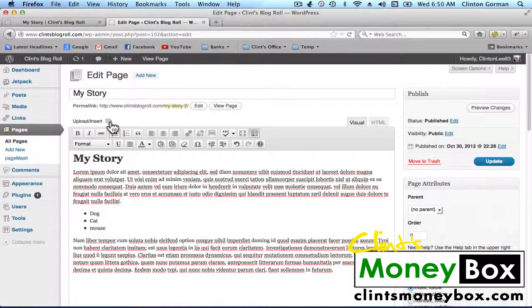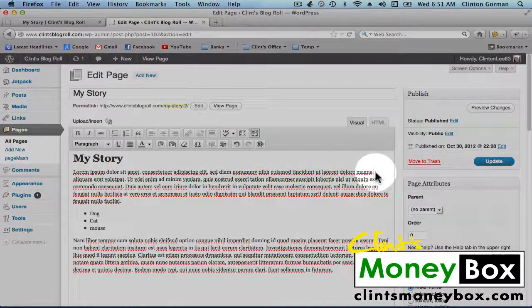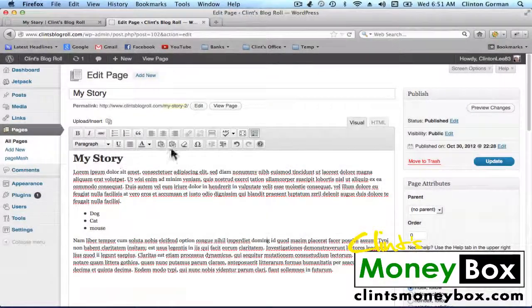links. Inserting pictures is a bit easier than links, I think, but they're actually both pretty easy. So first, pictures. So wherever you want to stick your picture inside of your story, you want to put your cursor. So for example, if your cursor's here, your picture's going to be here. If you put your cursor down here, it's going to be here. So wherever you put your cursor, I'm going to put my cursor up here, and I'm going to click on the Upload Insert,